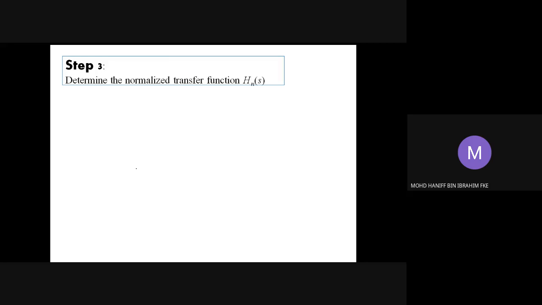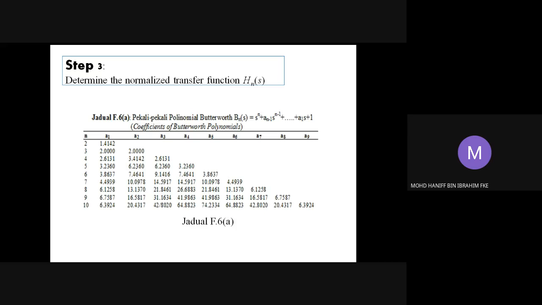So first, we need to calculate the normalized transfer function, the HN(s), and from the previous step number 1, we have calculated that the filter order n equals to 6. So based on that, you need to choose the polynomial Butterworth for n equals to 6. You have to choose n equals to 6, in which the Bn shall be equal to the denominator. So if you write the Bn, which is the Butterworth polynomial, n should now equal 6, B6 should be s power of 6 plus